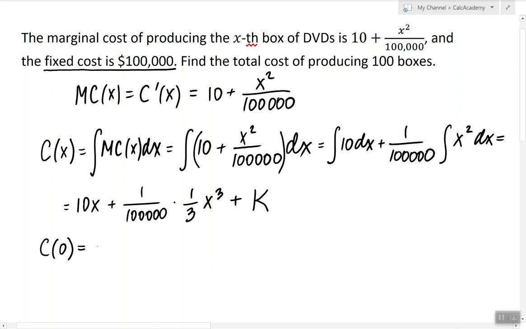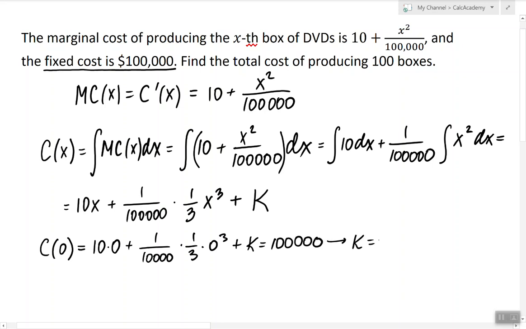So that means if I plug in 0 into my cost function, I will get exactly 100,000. So from here we conclude that the constant of integration is 100,000. So now I have